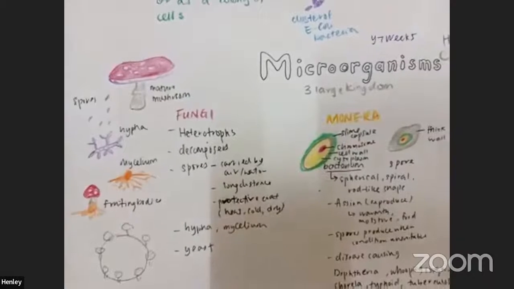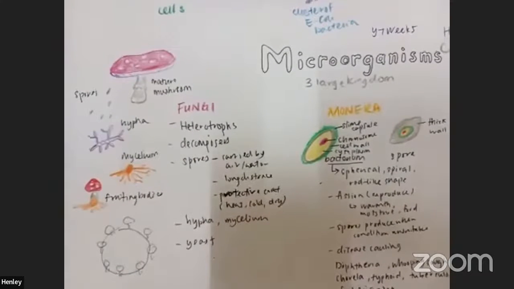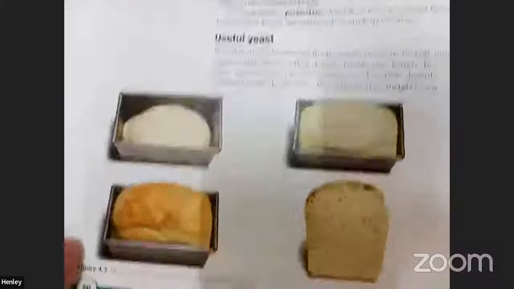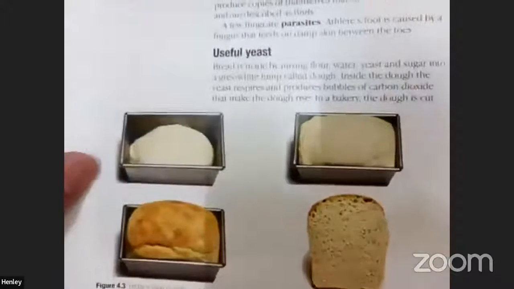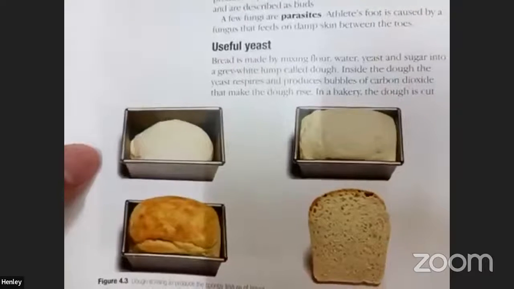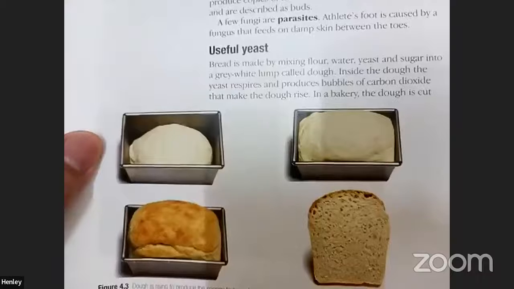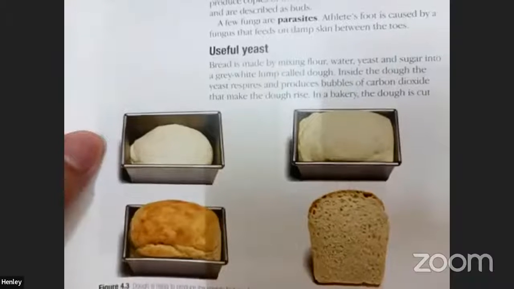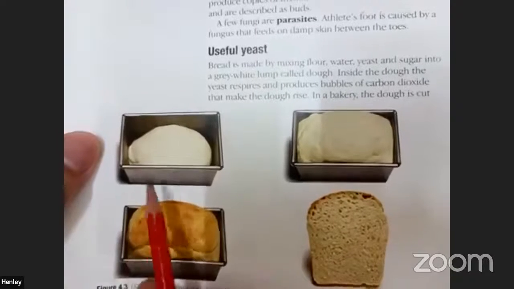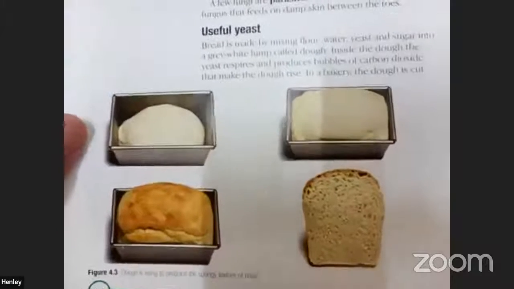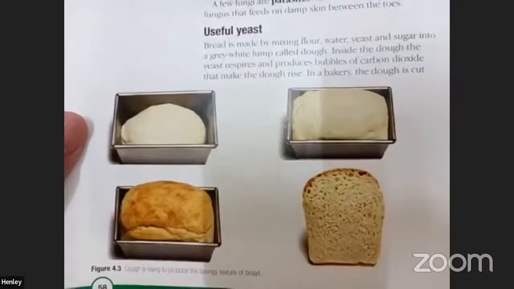On the other hand, we have the yeast. Yeast, as you know, is used for bread baking. This is a useful yeast, and the dough is rising to produce a spongy texture. Spongy means what? If you cook the flour, the dough, without adding any yeast,